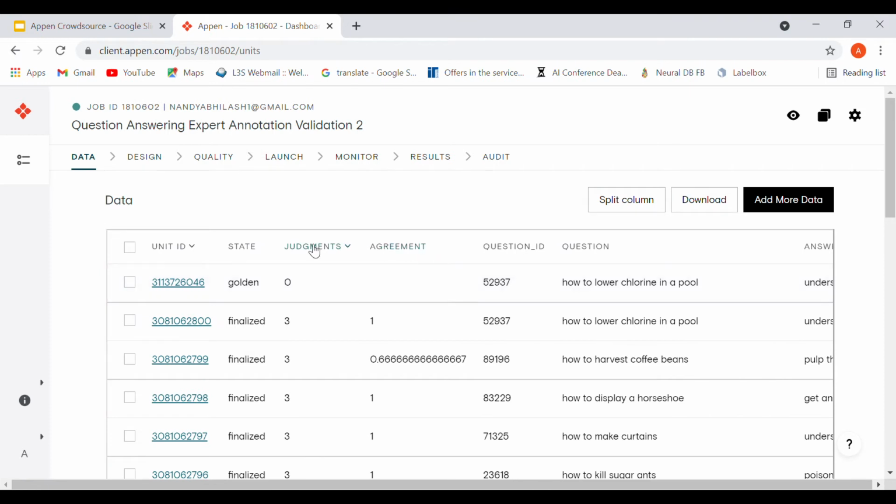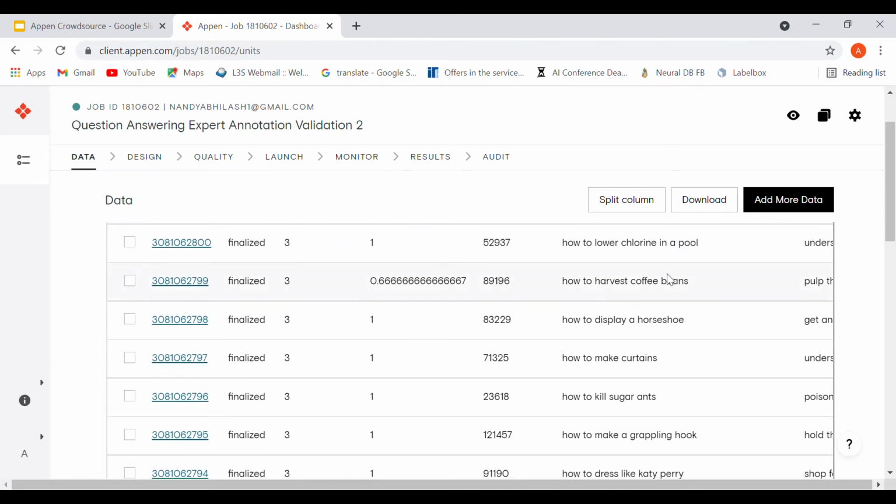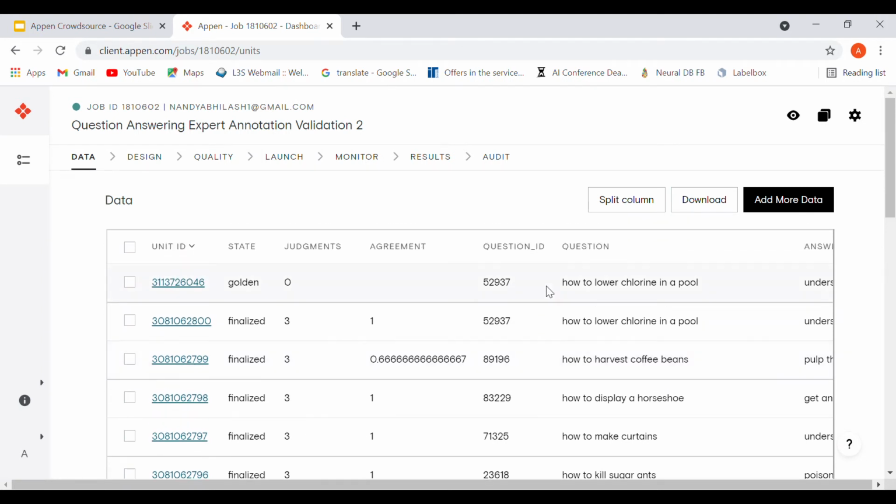These are the fields that are added over here by Appen themselves. Unit ID is some unique ID that is assigned to each row. The state depends on something we'll come to later. For each row or each sample you can have multiple judgments, so multiple annotators can annotate the same row. This is a very prevalent practice in annotation.